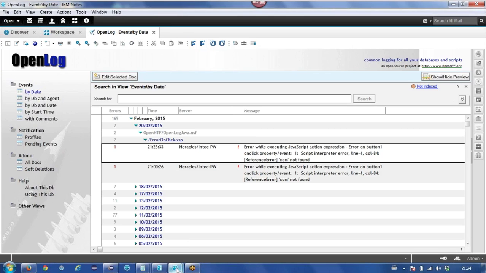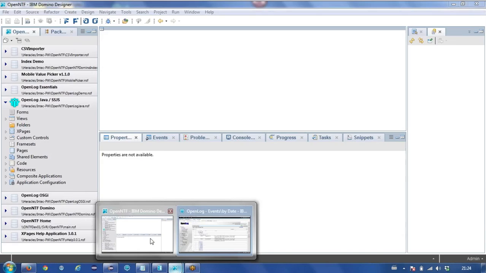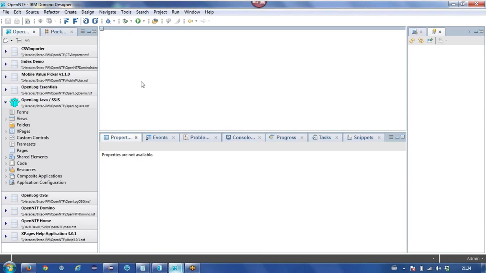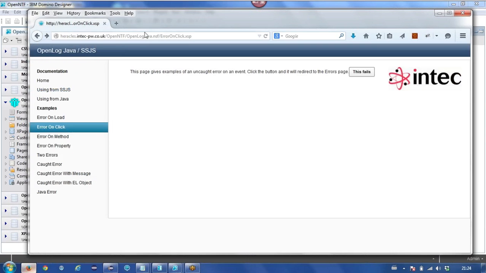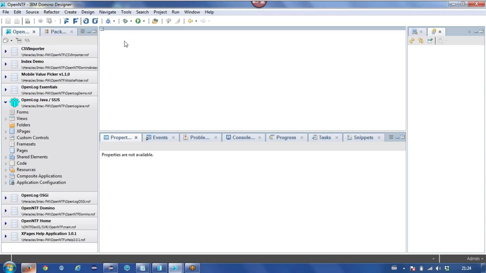So I'll just switch over to Designer here. We want to debug that and just see what's happening. So let me go back to that page and refresh it. I think since 8.5, Java debugging has been available.